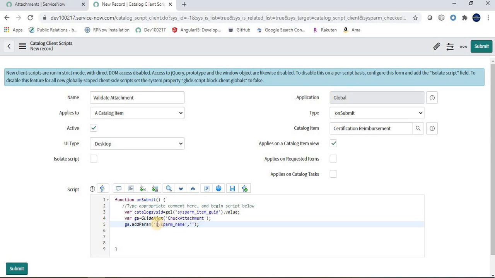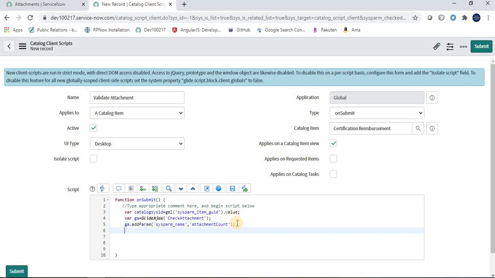Please remember this sys param underscore name contains the method which will be executed in the script include. I am saying that I need a count, so I am saying attachment count. This should be the same as we have in the script include, so please make sure the content used here is the same in the script include.